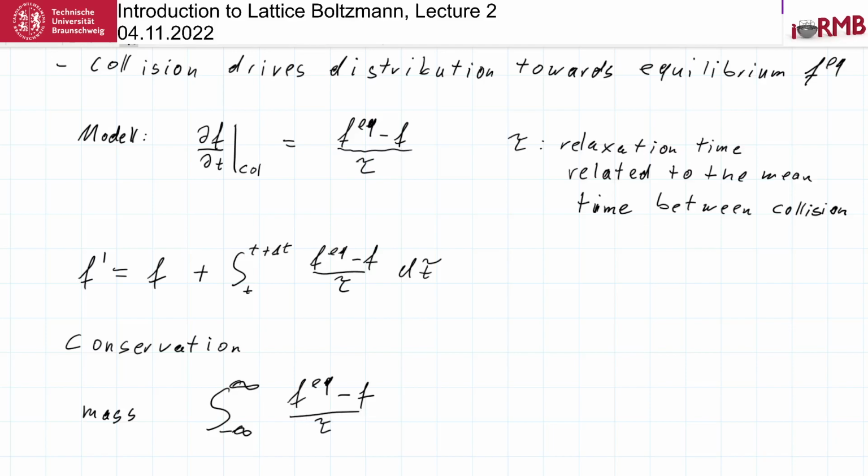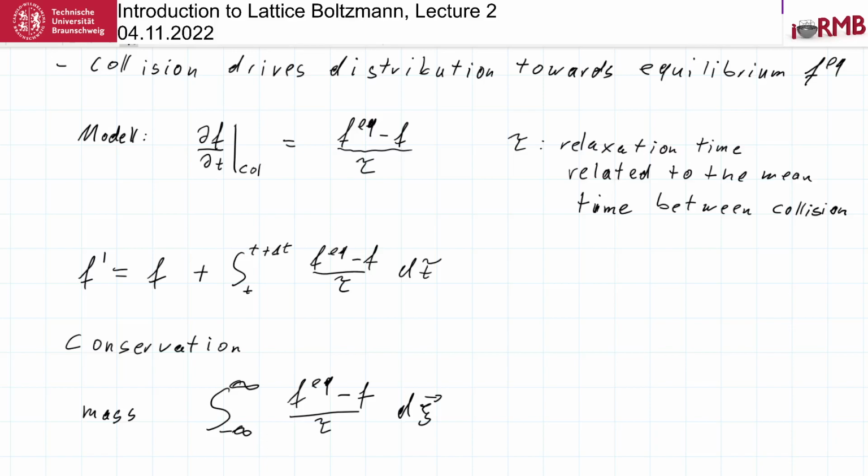So tau, by the way, tau here is a constant, or it could depend on temperature and density in principle. But now we assume it to be a constant here, so the time between flights of collisions. So if we integrate this thing over the entire velocity space,